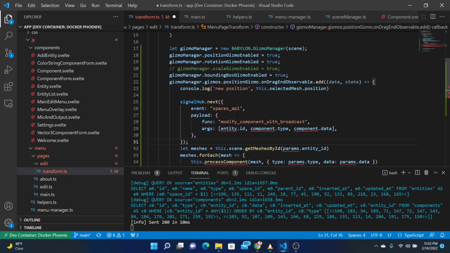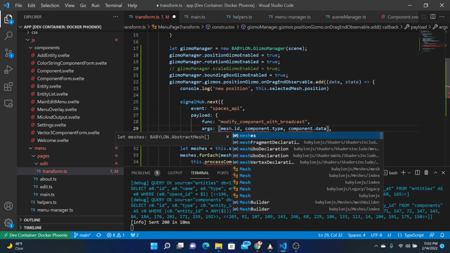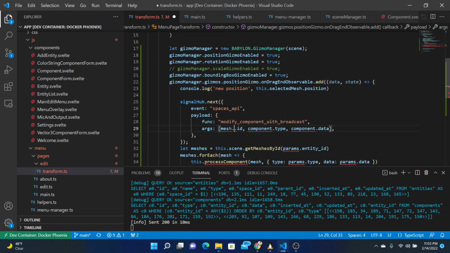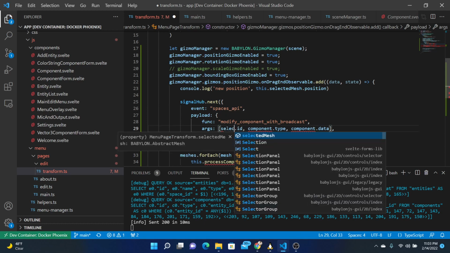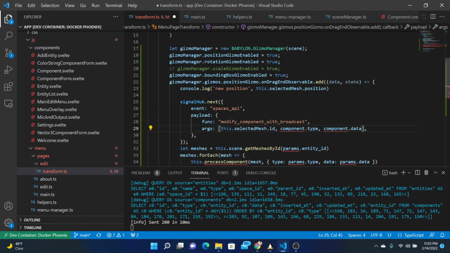Space's API modify component with broadcast, entity becomes the mesh, select this selected mesh ID, and the component type is just position, and the component data is